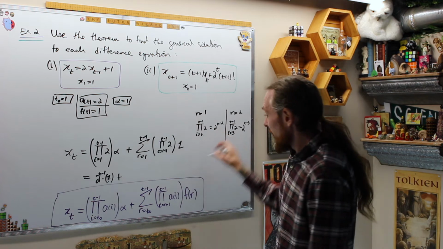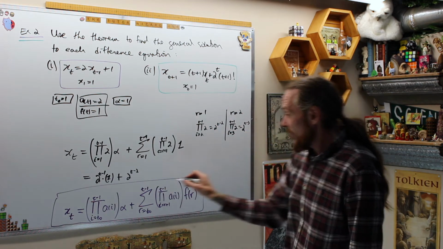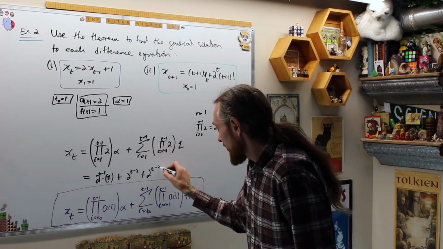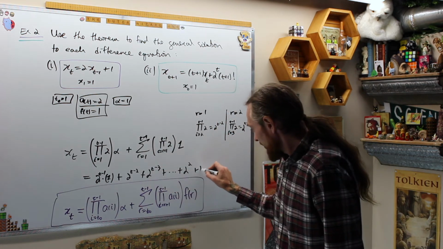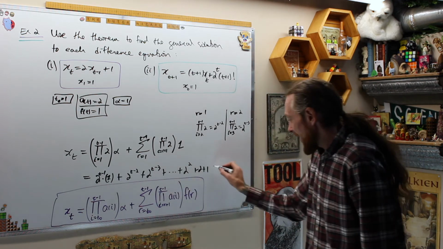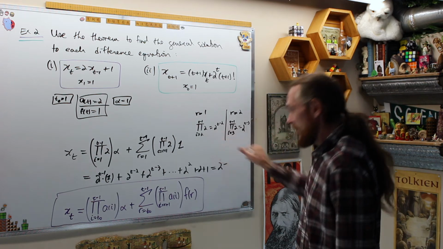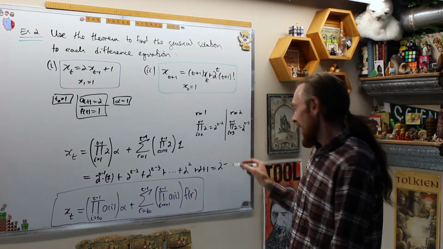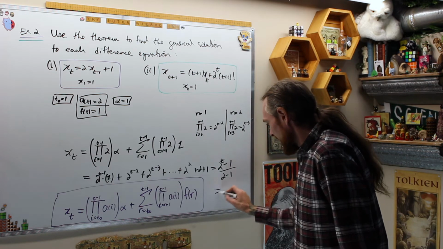The first term was 2 to the t minus 2. The next term was plus 2 to the t minus 3, plus all the way down to plus 2 squared plus 2 plus 1. And we saw last time that this is 2 to the n, or sorry, t. I'm so used to using n. It's t now. 2 to the t minus 1 over 2 minus 1,